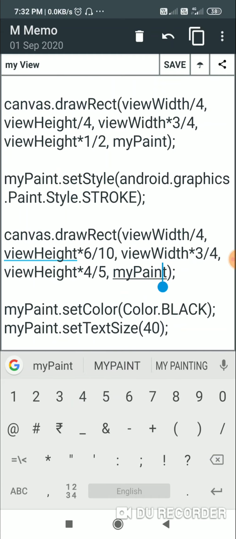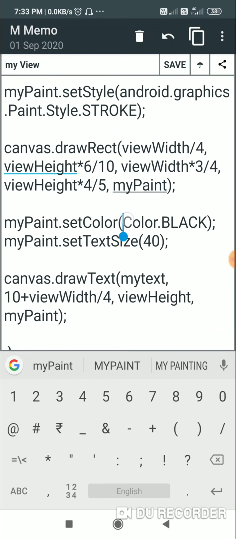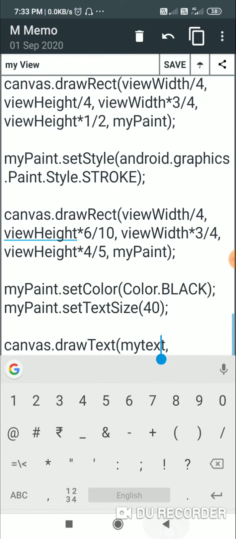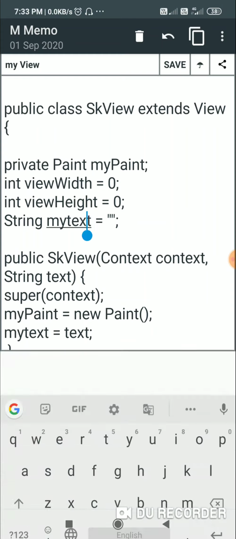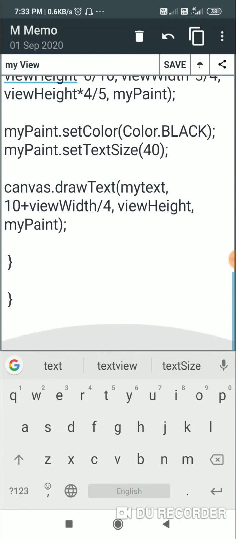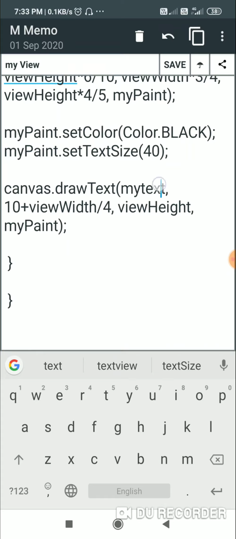And then my paint. Now after this I have set the color of my paint to black, and I have set text size to 40, and here I draw the text, my text. My text is the string variable which I get from the constructor. So whatever I get from the constructor I will draw it as text, and here the left border of the text will be 10.